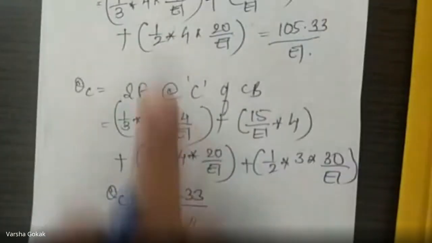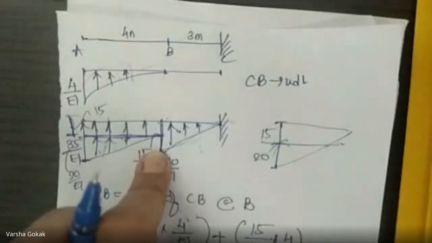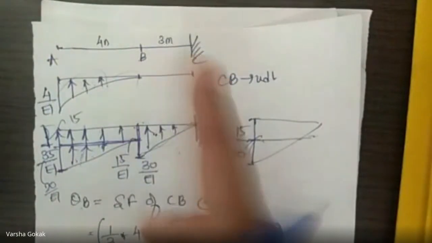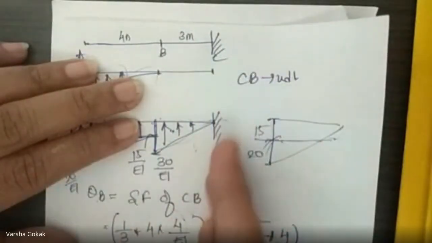Correct, no? Slope at B, you will take the shear force, that is the areas of this at this point. In the previous problem we came from the right side, so I had taken VC. Now I came from this side, so directly I took only those two. So we found the slopes, then we have to find the deflection.